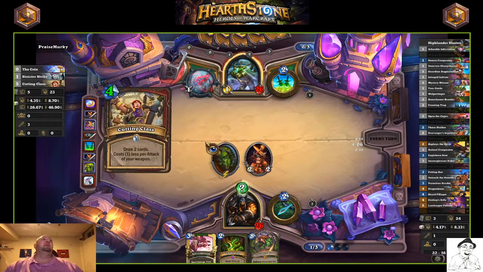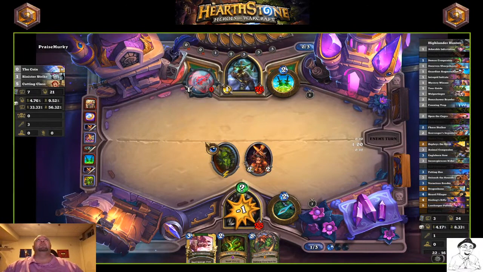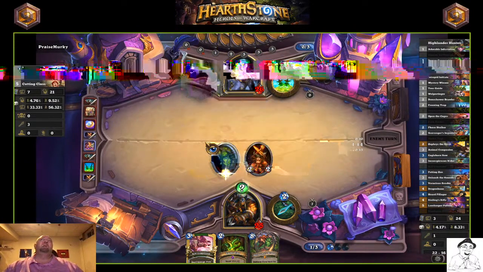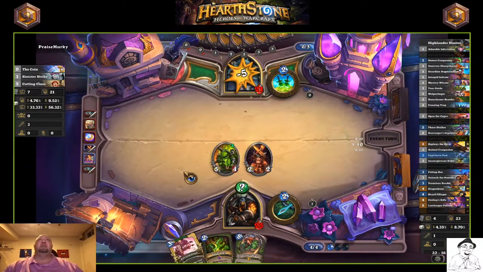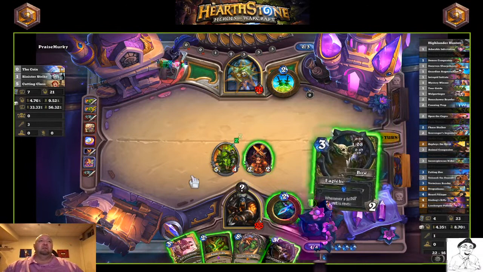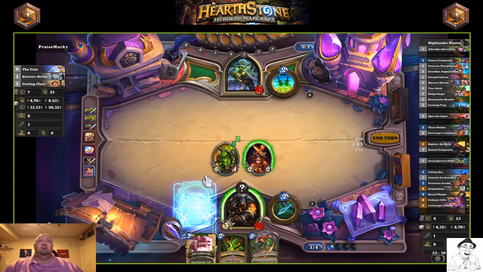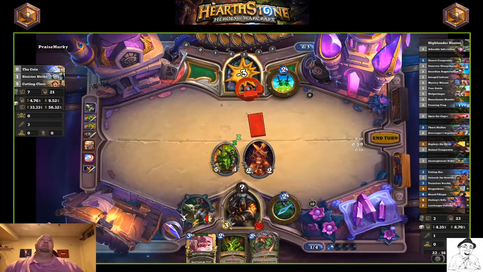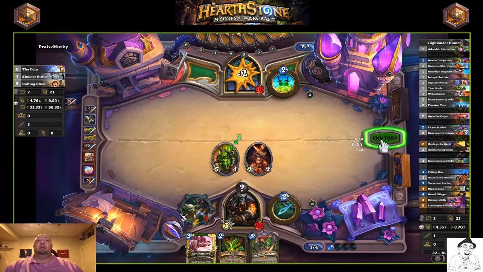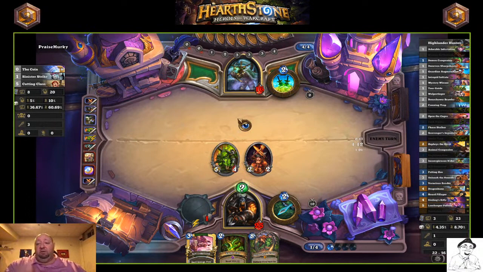Is this an Eviscerate? Oh, he's drawing cards. Yeah, he's building up. This could be OTK. I'm thinking of the face at least. Alright, let's get the bow. I'm going to just keep hitting him in the face. I think he's building up for something dangerous, so...